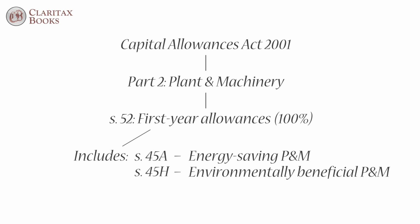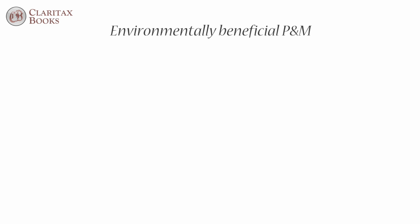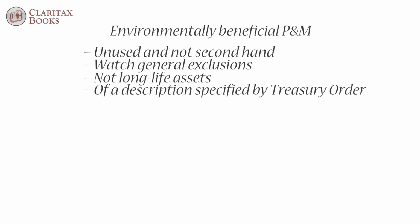A slightly different approach is needed for each, so by way of example, let's take the environmentally beneficial category dealing with water-saving technologies. As we saw last week, the expenditure must be on new plant or machinery and must not be caught by any of the general exclusions for first-year allowances, nor may it be long-life asset expenditure. Two other conditions must be met when the expenditure is incurred or when the contract for the provision of the plant is entered into. The first is that the plant in question must be of a description specified by Treasury order, and the second is that it must meet environmental criteria specified by Treasury order for plant or machinery of that description. This leads us in turn to Statutory Instrument